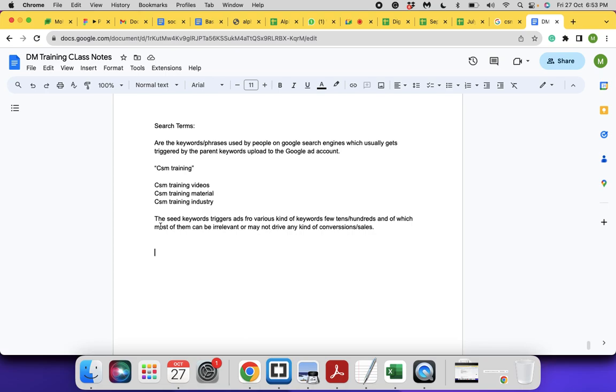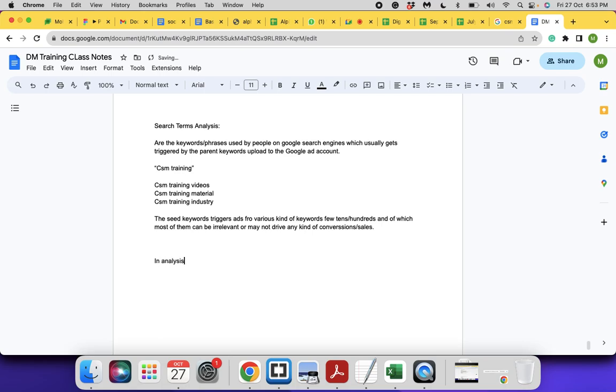What we do is basically the search term analysis. In search term analysis, we identify and analyze various kinds of terms and we segregate which are relevant and which are not relevant. Okay. So we are going to segregate the keywords. We call these terms patterns. You see here videos, material, industry are indicating the intention or expectation of the end user, correct? So videos is going to be irrelevant. In search term analysis, what we do is we usually identify